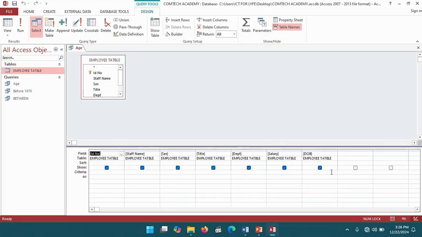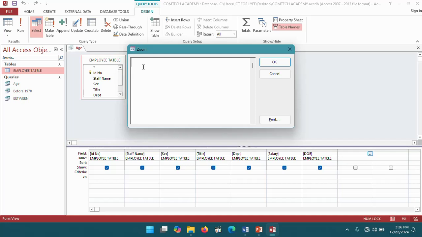Now this time, if we are to perform a calculation in a query, we don't need to do it under the criteria. So we need that field called age. But here we don't have it, we are going to add it. You come to the last field, which is DOB, and the next one is an empty field, and that's where you type in the field name. Our field name is age, because it is what we are calculating, and in a query we don't use an equal sign, we simply use a colon, and then we bring in our expression, which is year